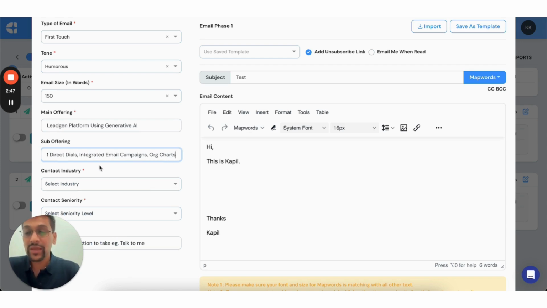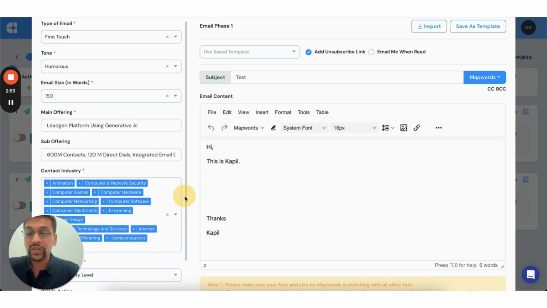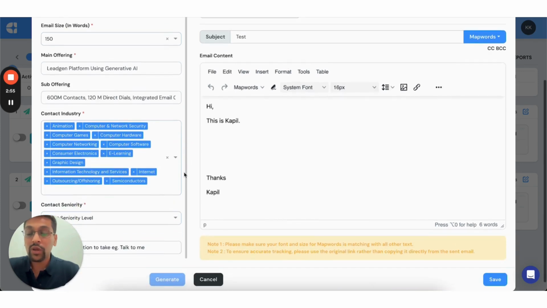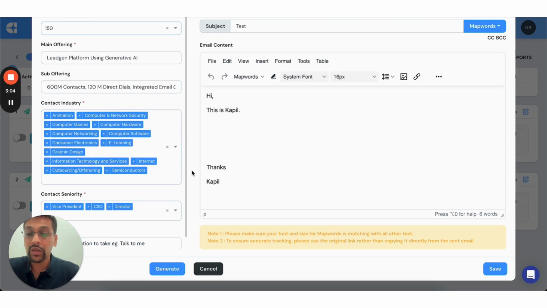So all of these are my secondary offerings, and I want to send this email to, let's say, IT companies. So it has taken all the IT companies, and I also want to send this email to, let's say, CXOs, VPs and directors. This is extremely important to mention here because it will write that email accordingly. You can also write a follow-up tag here to generate a link click in the email. So if I now go and hit generate,